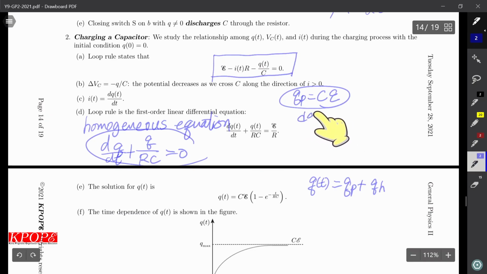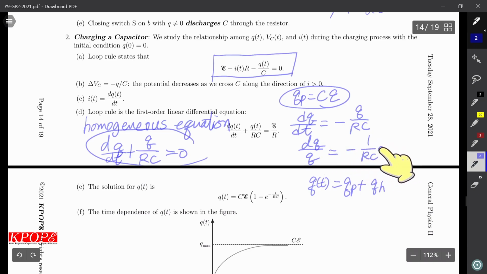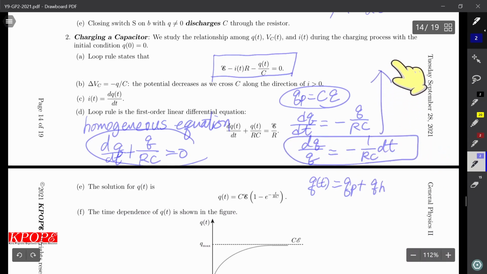So dQ over dt equals minus Q over RC. So this is dQ over Q equals minus 1 over RC dt. So we can integrate this one. If we integrate, you have log Q equals minus t over RC